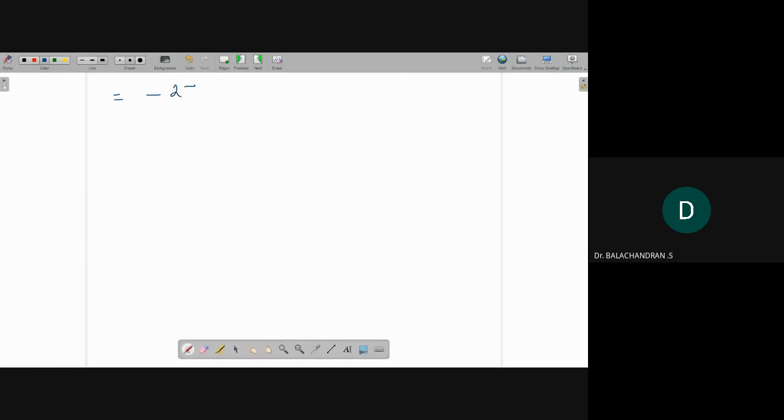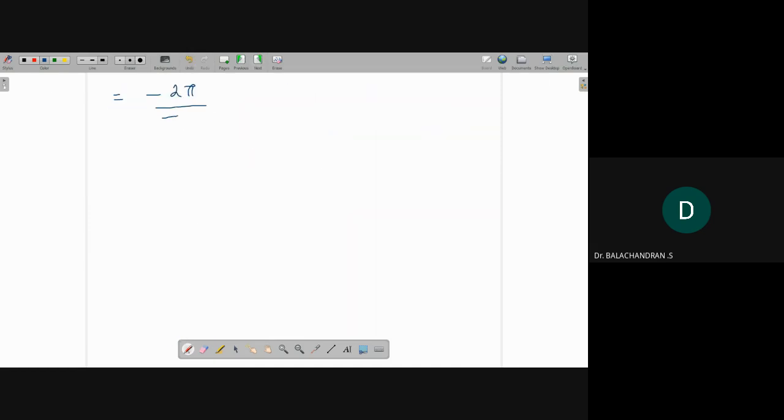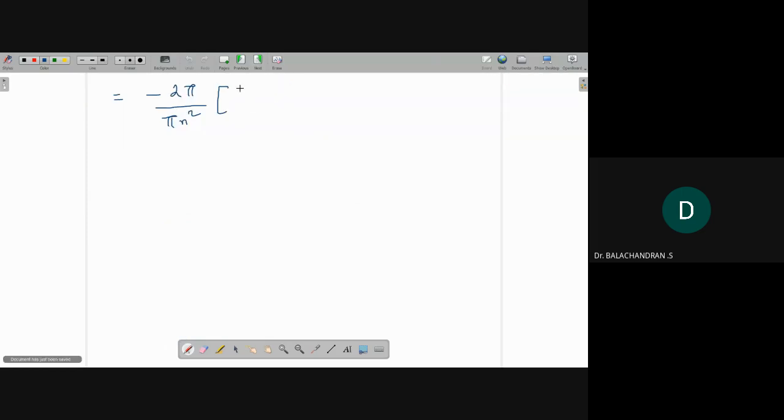So minus 2 pi, minus 2 pi by pi n square into minus 1 whole power n plus 1. So pi gets cancelled. So a n is equal to minus 2 by n square